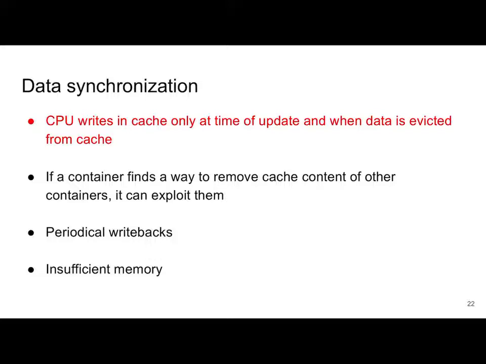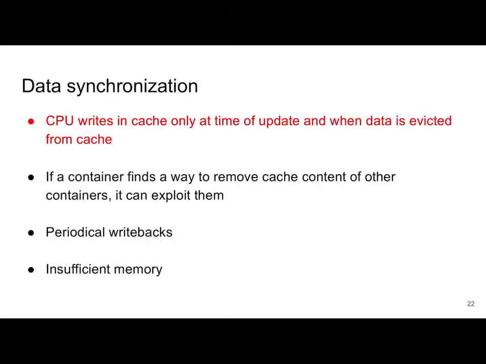Suppose two containers are running on a host at the same time, and one container runs a program to clear the cache continuously, a small process, while it's running its own process also. So it can continuously clear the cache which the other container is using, and that cache can be utilized for the malicious container. But at the same time, the other container which is writing its data in the cache has to do a lot more work until the malicious container finishes its work. So this can be